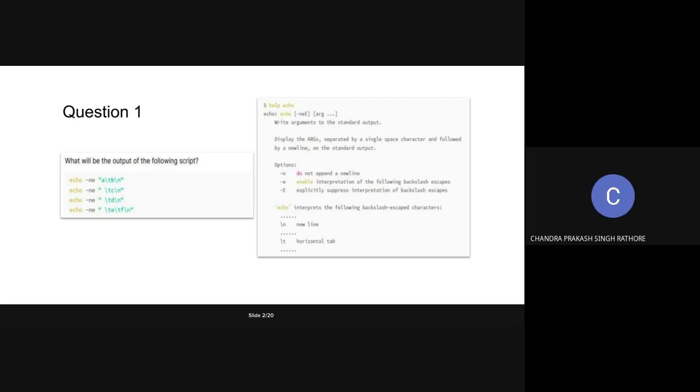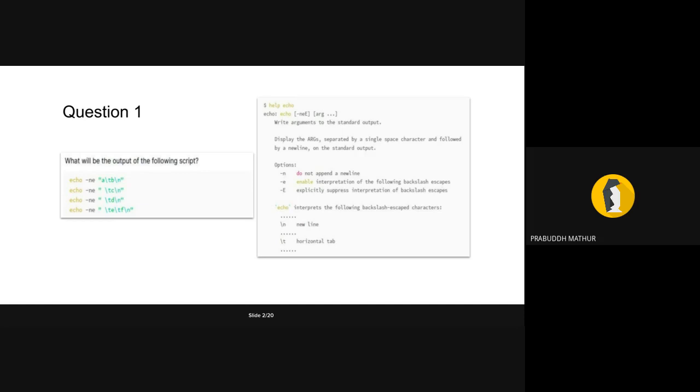Sir, if it is -E, then we have to escape, right? Explicitly, see, it was capital E. -e will just enable the interpretation. If you do not do anything, it will be taken literally.